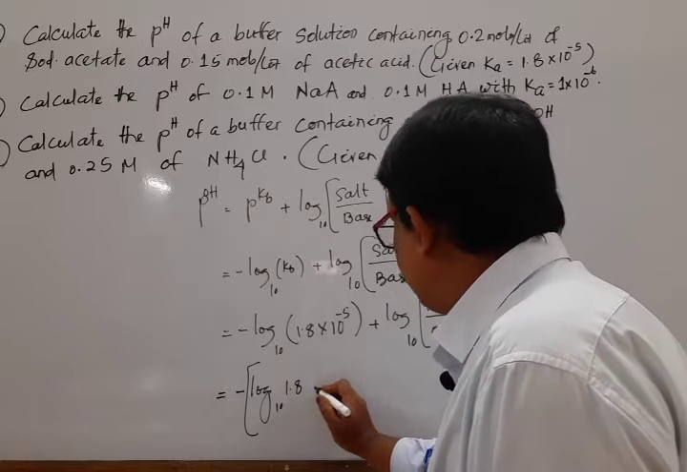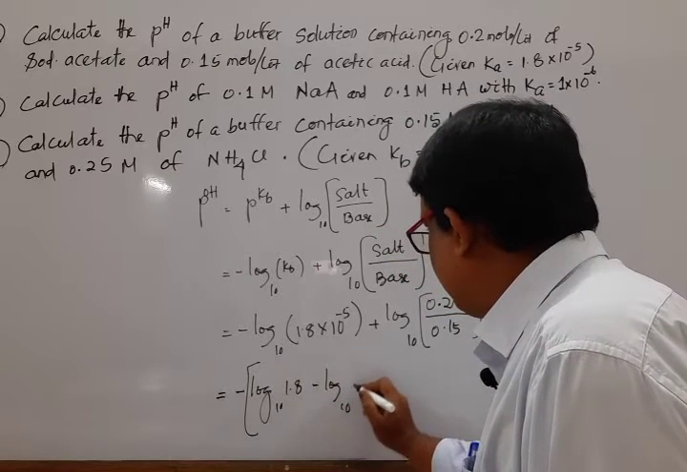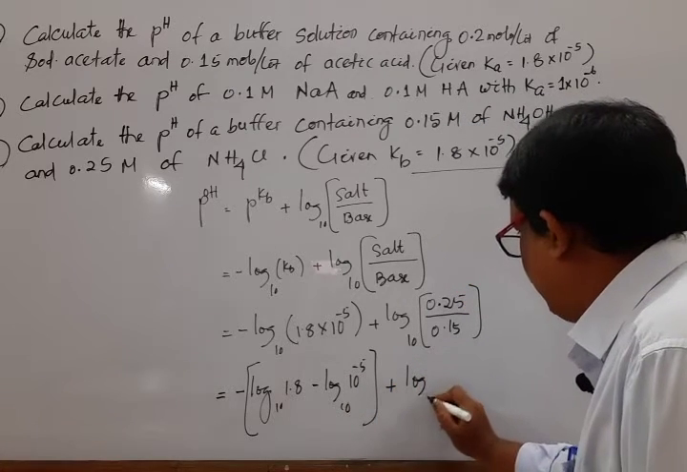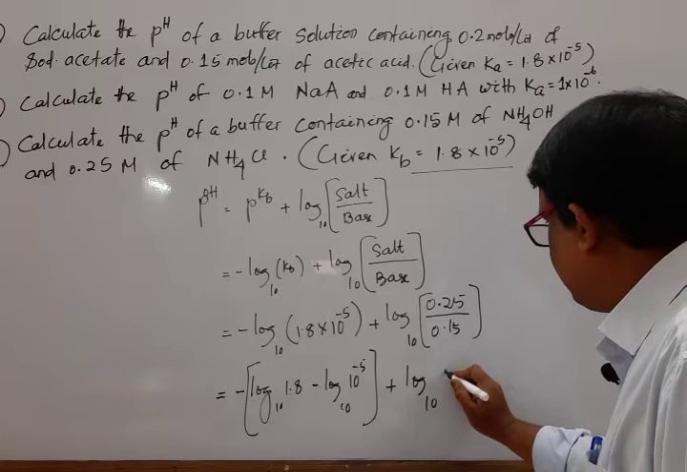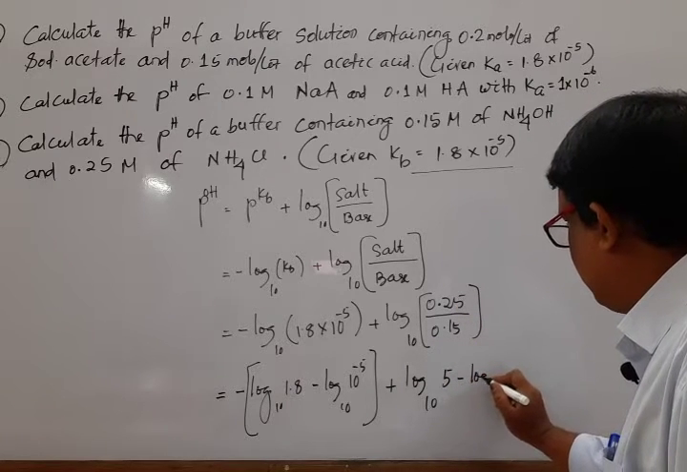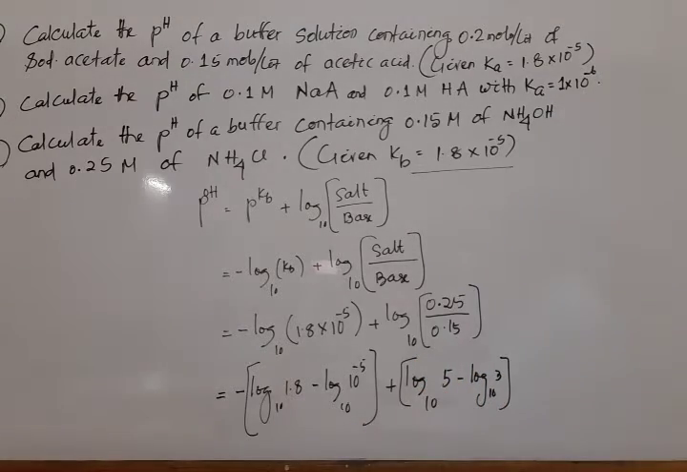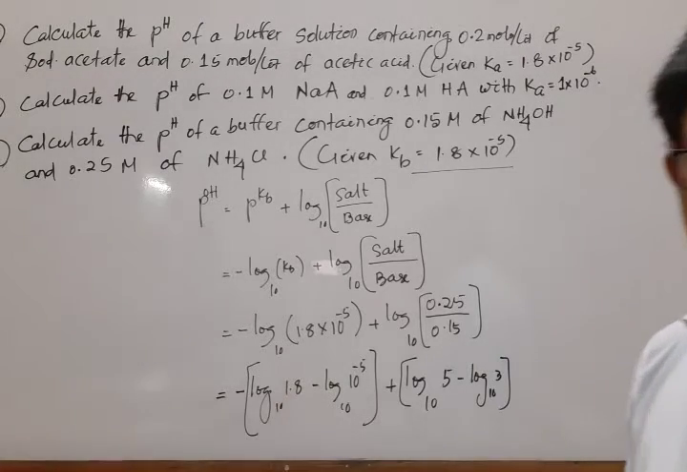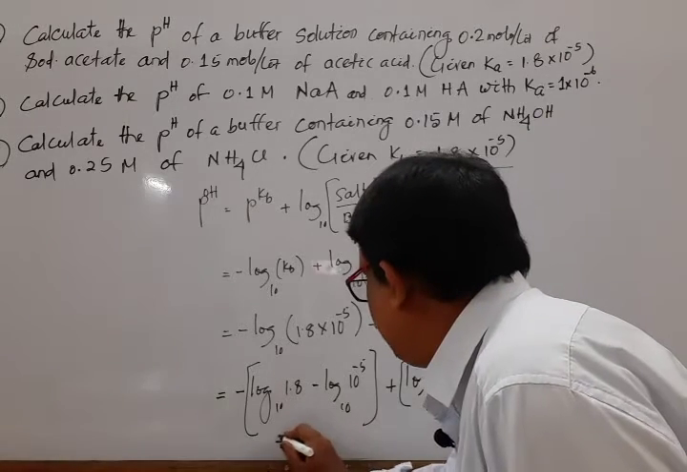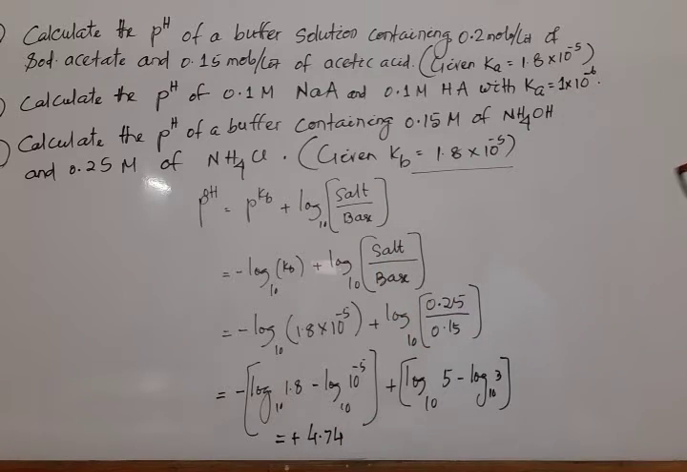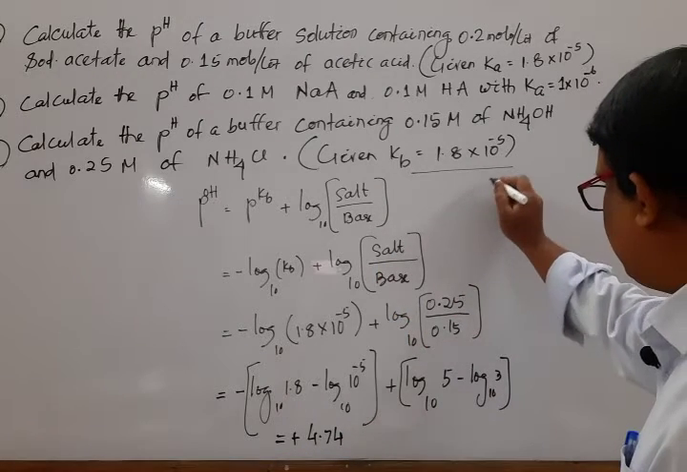On solving this one, this is equal to minus log base 10 1.8 minus log base 10 to the power minus 5 plus log base 10, on solving it is 5 minus log base 10 3. Okay, on solving this one, this value is nearly equal to 4.74. And on solving, we have to remember